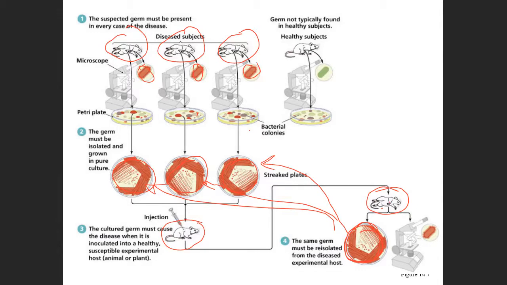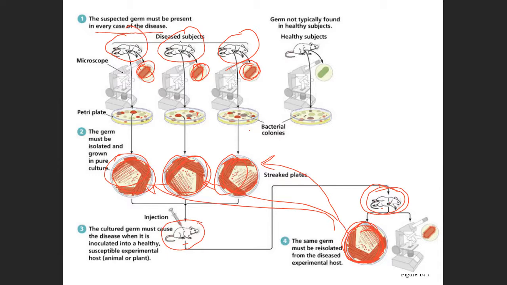steps. So the suspected germ must be present in every case of the disease. So every single individual that's diagnosed with anthrax and comes down with anthrax should have the Bacillus anthracis in their blood. Once the bacillus or the bacteria is isolated, it should be able to give it to a laboratory animal. The laboratory animal should come down with the same disease as the original subjects, and the same organism should be isolated from the laboratory animal. Okay, so those are Koch's